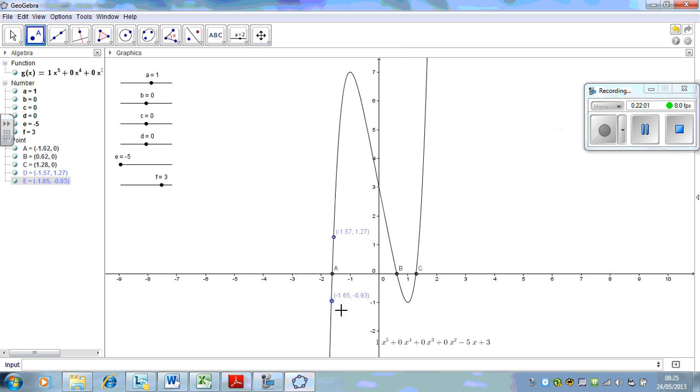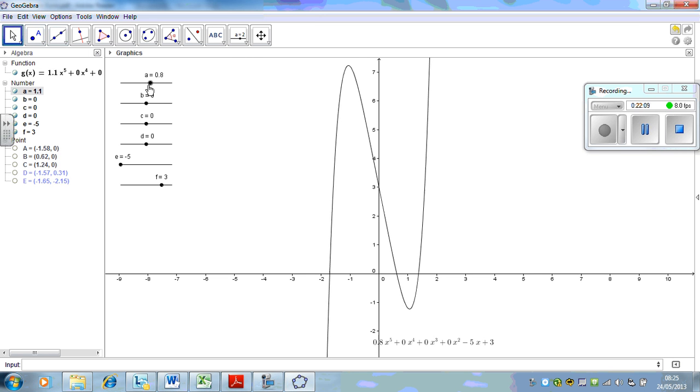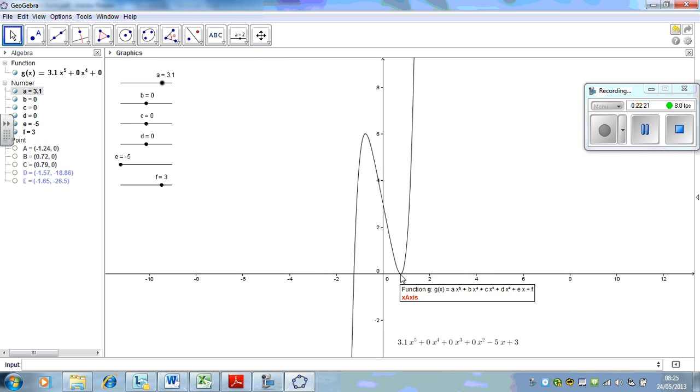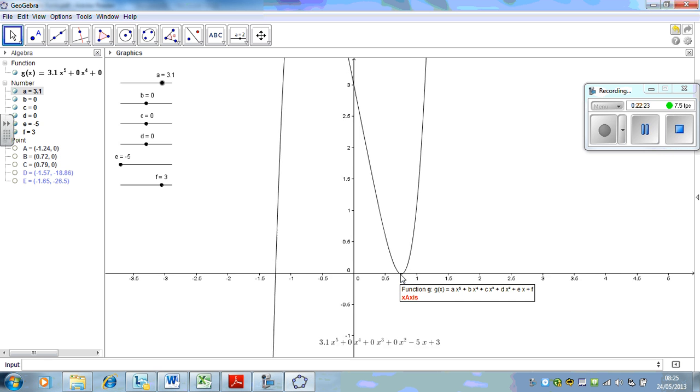Now, if we get rid of all these points A, B, C, D, and E, there we go. This is where we need to play. We need to get an example. Now, look there, that's a perfect example there. We need to get an example where we don't find the roots. Now, look at this one here. This root here,